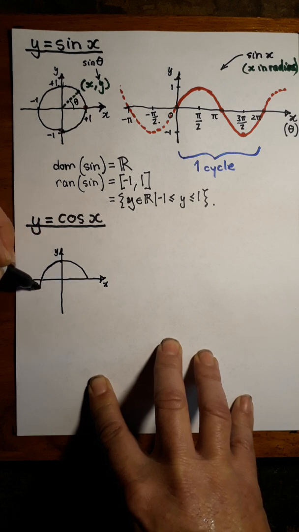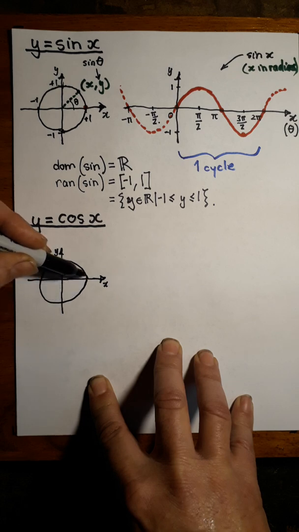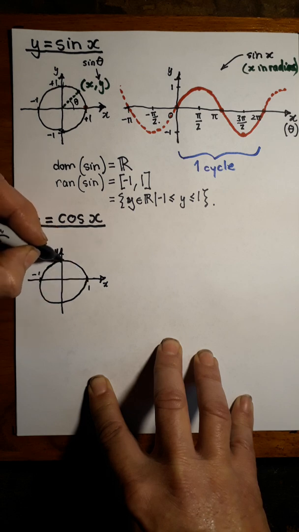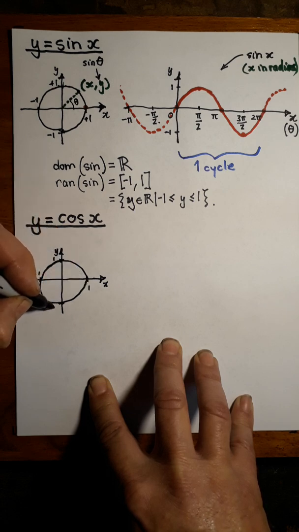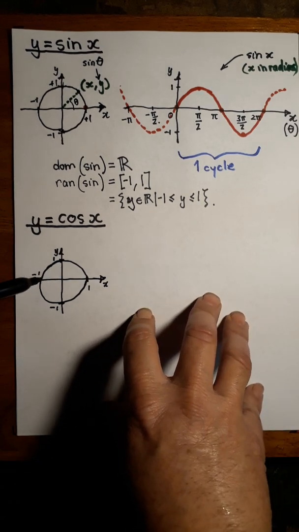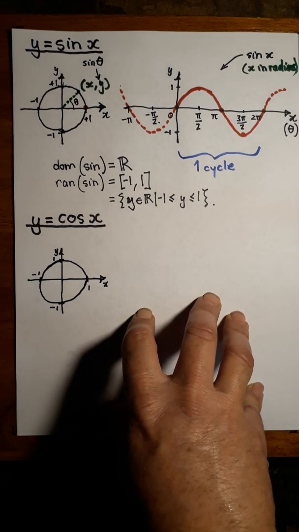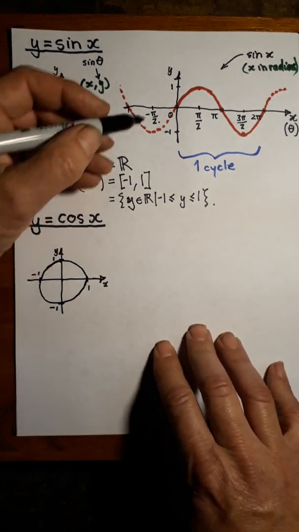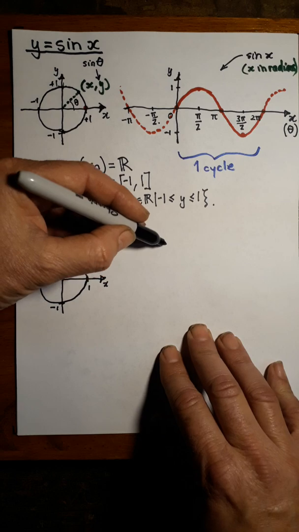Now, it's a pretty rough old circle. Minus 1, 1, 1, minus 1. Okay, so circle, radius 1, centered at the origin. Now, let's set up a set of axes so that we can draw cos